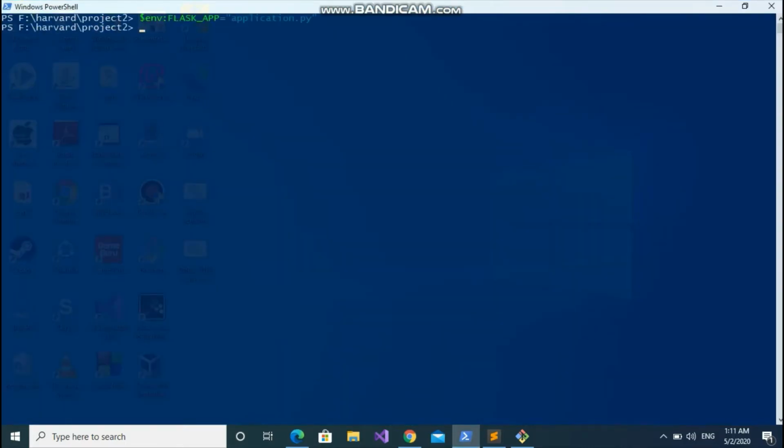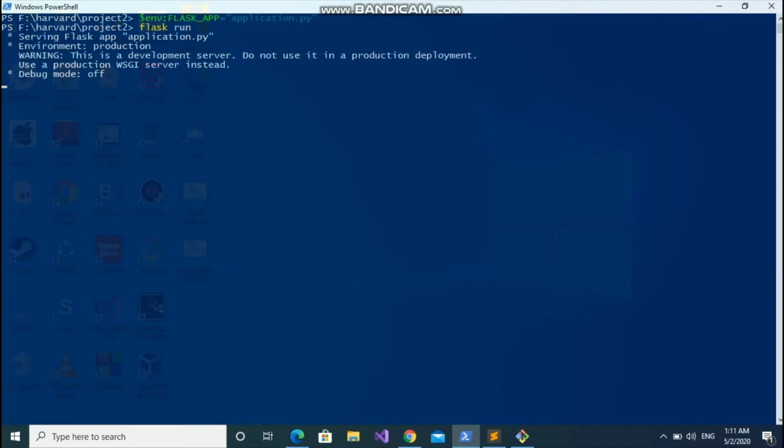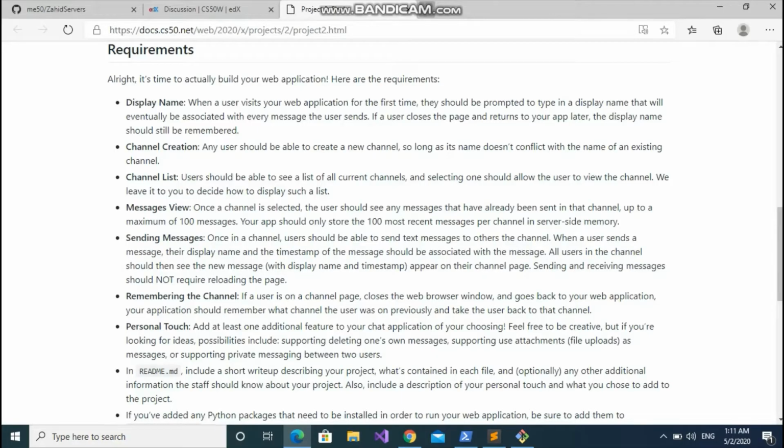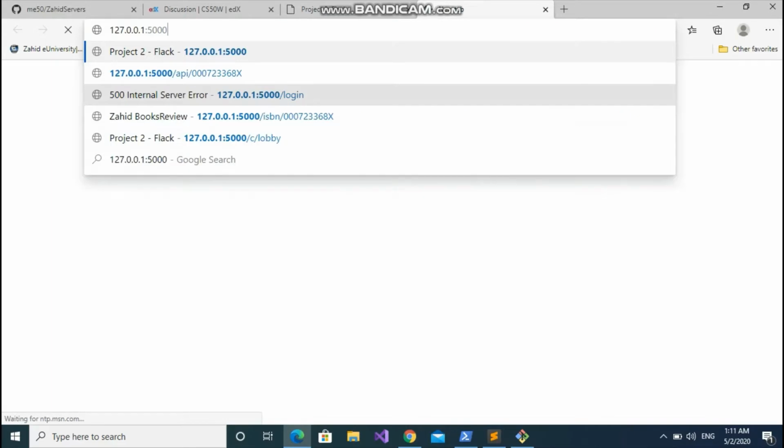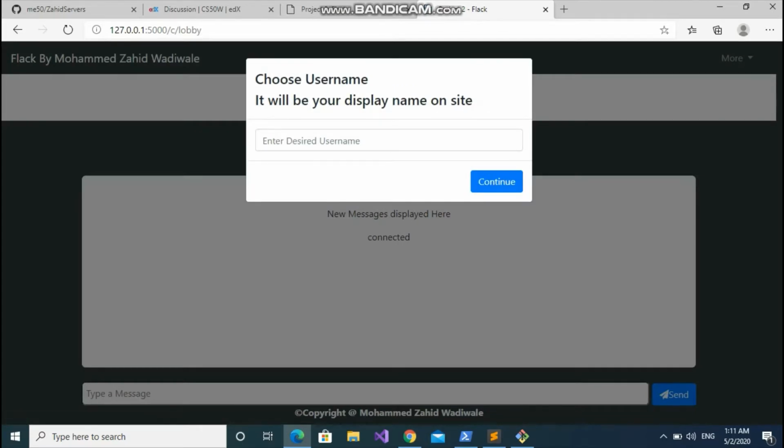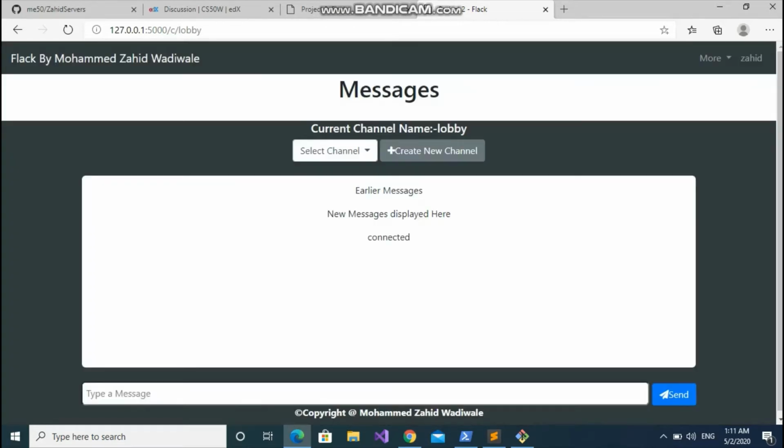So first I have set the Flask. So now Flask is running. So let me open it in my browser. So it has redirected me to lobby and prompted me, and I'll select the desired username. So let me give username as ZAHID. So here username is Christian. I am currently in channel name login. Okay. From here I can create new channels